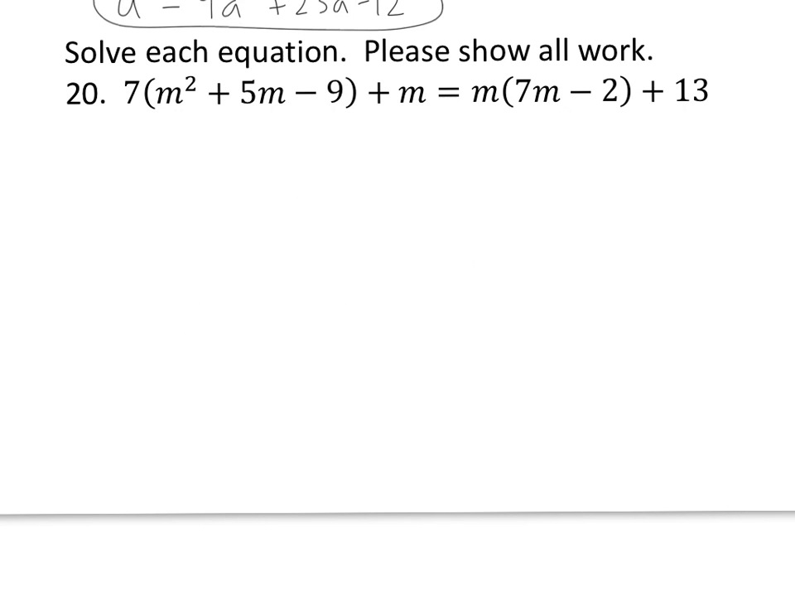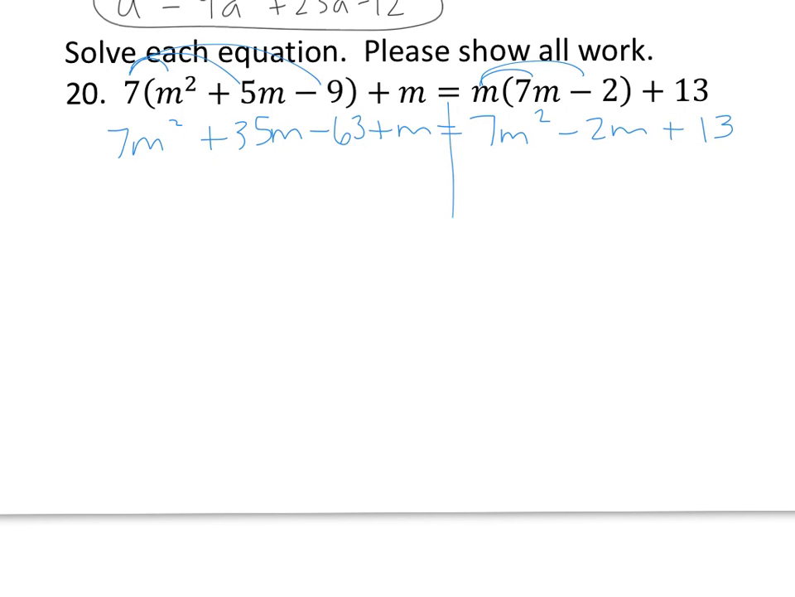All right, number 20 is a long equation that we need to solve, and I see that we need to use the distributive property, so I'm going to go ahead and do that first on both sides of the equation. I get 7m squared plus 35m minus 63 plus m equals 7m squared minus 2m plus 13. I'm going to solve this equation, and right away I see I have 7m squared on both sides, so those will actually cancel out. And I'm going to combine 35m and 1m and get 36m minus 63 equals negative 2m